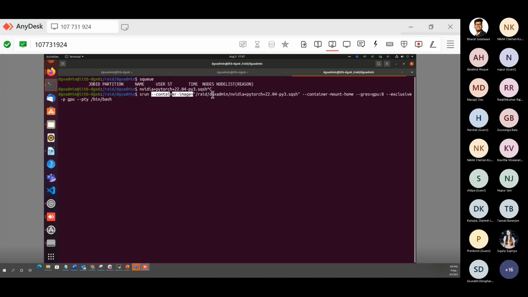So I'll be using container image and provide the path directly. If you don't want to use this, you can simply also use nvcr.io/nvidia/pytorch:22.04-py3 also, and it will pull the image. And here I have provided --container-mount-home, which means